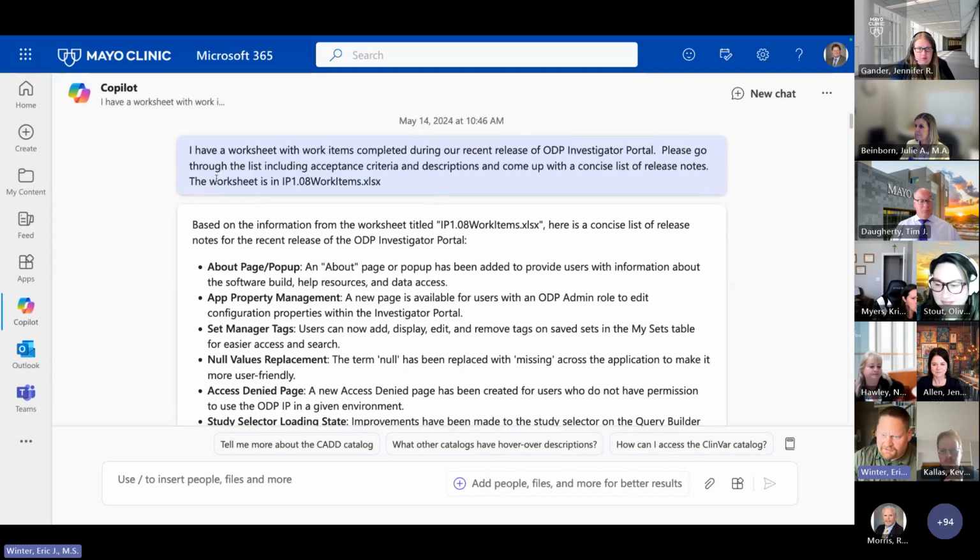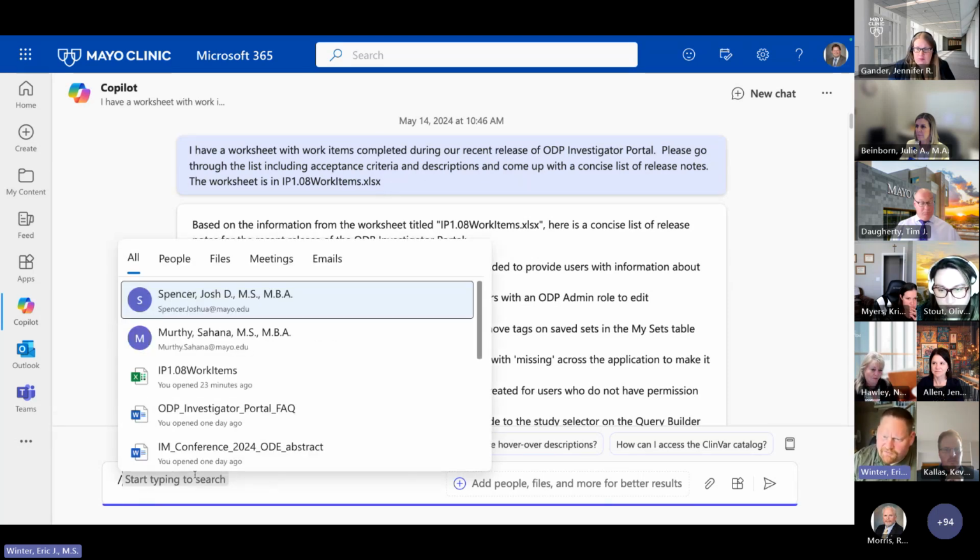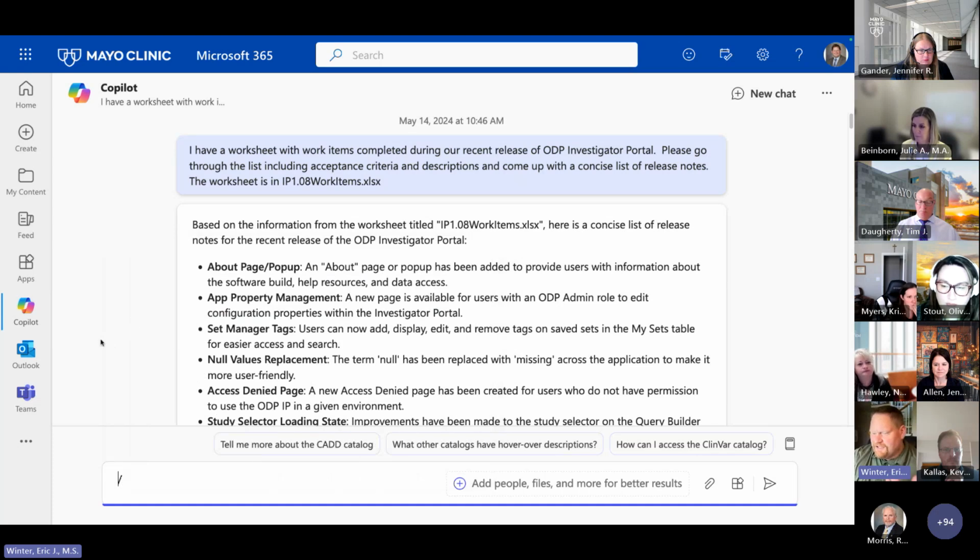So here I started out after that file was loaded. I said: I have a worksheet with work items completed during our recent release of ODP Investigator Portal. Please go through the list, including acceptance criteria and descriptions, and come up with a concise list of release notes. Once you've got a file in here, you can just hit / in your chat, and you can reference any email, recipient, contact, or any files that you've got in your OneDrive, and it'll use anything that you put in this prompt